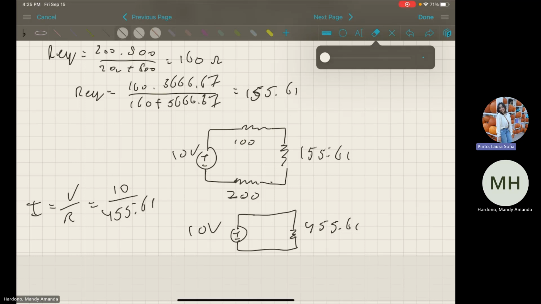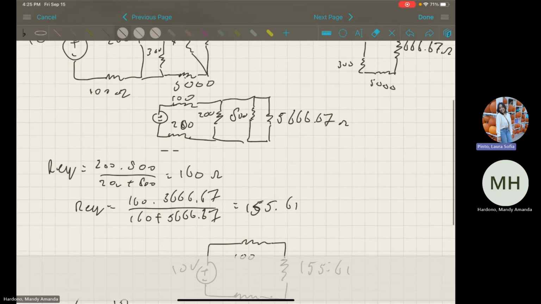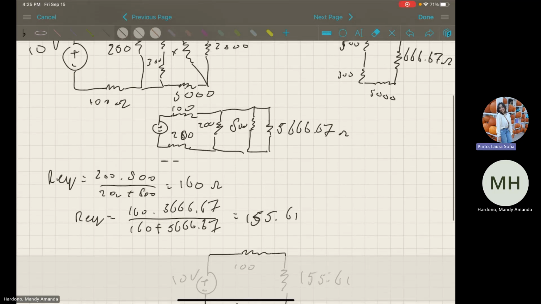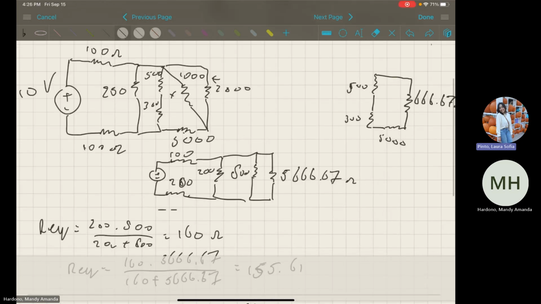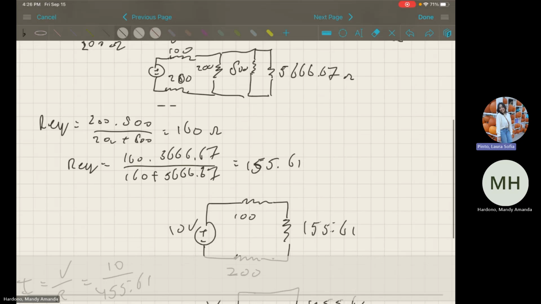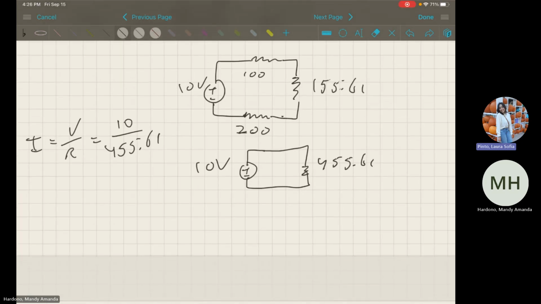I think that bottom resistor was 100 this time. We put 200 on the bottom. That is correct. It was 200 at the start now. So yeah, are there any questions? No? Okay. I think we'll move on then